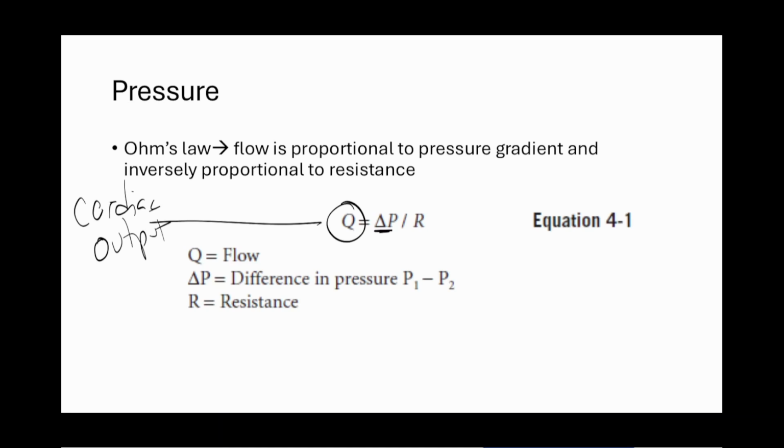So, if I increase the resistance to blood flow, what happens to my flow? Decreases the flow. I'm increasing the resistance between you and this other point. Can you get there fast? No, I'm in the way. I'm providing resistance to you moving, so the flow has to go down. Likewise, the bigger the change between one point and the other point, the wider that difference is, the easier flow is as well. Okay?